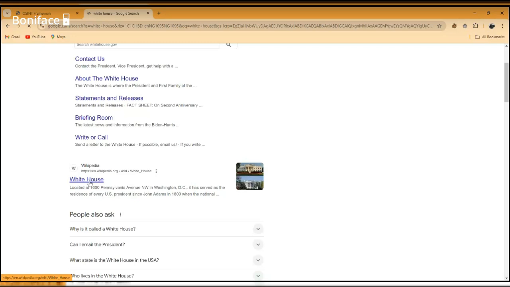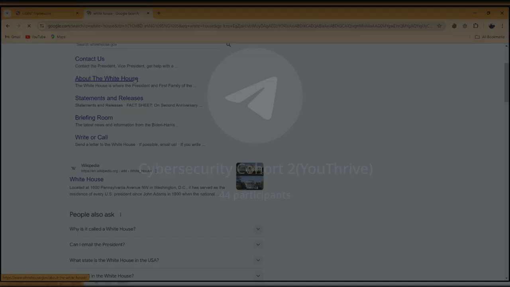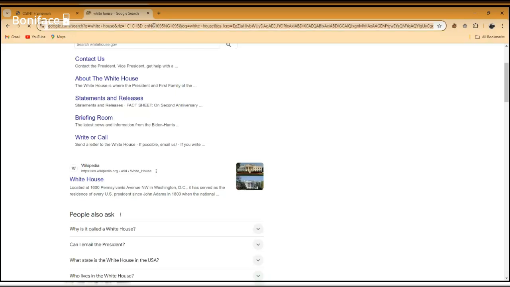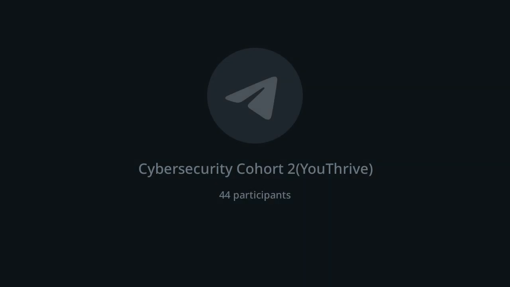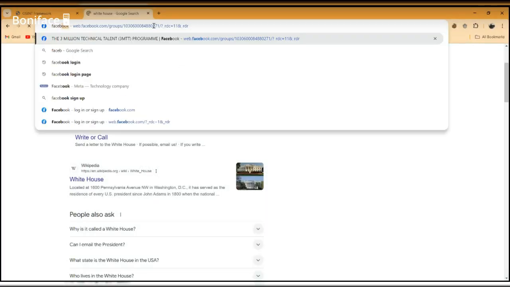Another way of conducting OSINT is by using various social media platforms, say LinkedIn, Twitter, Facebook, and the likes of that. Let's quickly check. Let's just assume we want to gather a little bit of information about somebody. Let's head on to Facebook and see whose account we are going to use. Anybody, just indicate if you are comfortable with us using your account. So I'm going to use your account. Just check and see what you have available up there.